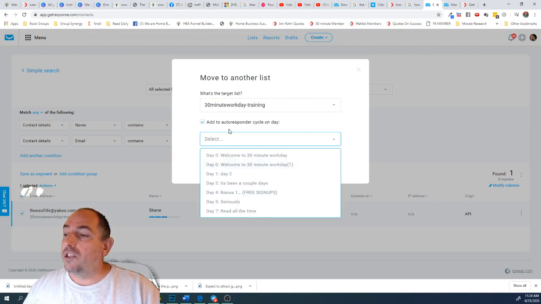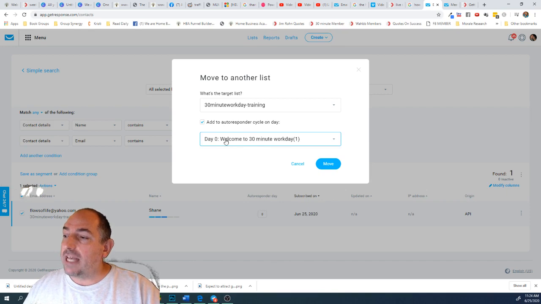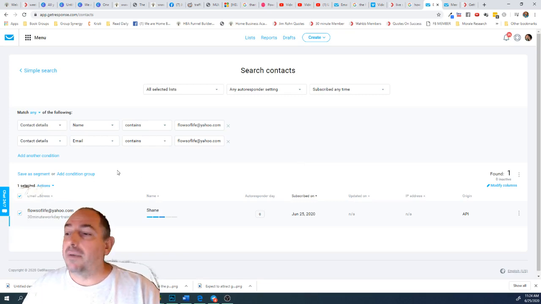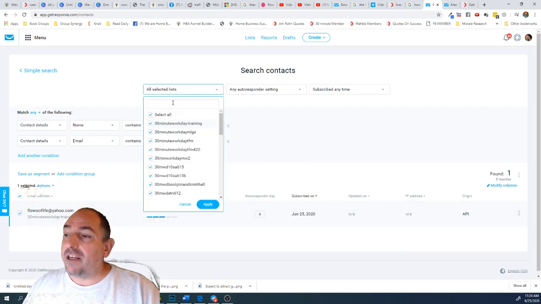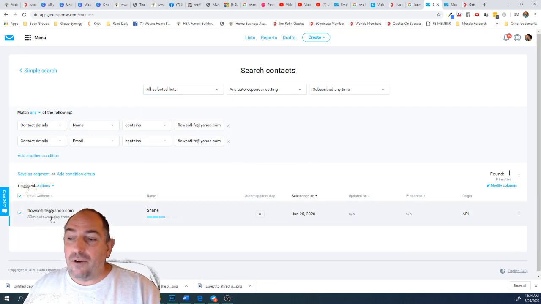If you want them to go to a special day, like I know this is my day that it starts at, I usually just select this just so I know for sure where they're going. But you don't have to select it. I do kind of recommend that you do. And then you just push move like we just saw. And then what will happen is because you've selected everything, they'll pop up on that new list and you'll know,